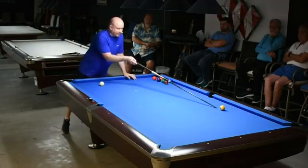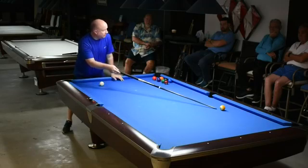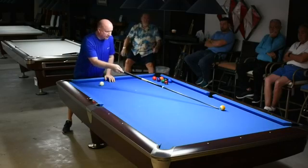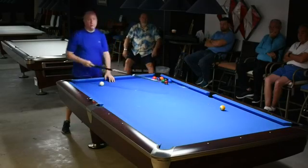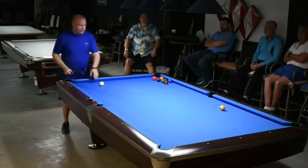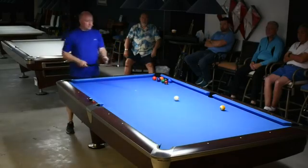I have to aim, if that's my aim point right there, I have to aim right there and hope that I use the exact same speed and the same spin I just did, so the cue ball actually hits exactly an inch away to make that ball, and then still have enough speed on it to spin it all the way around the table. Now if I'm here, the shot's much easier, because deflection, if you think about it, is